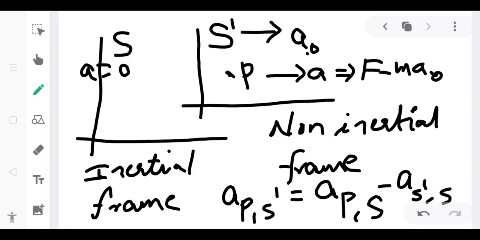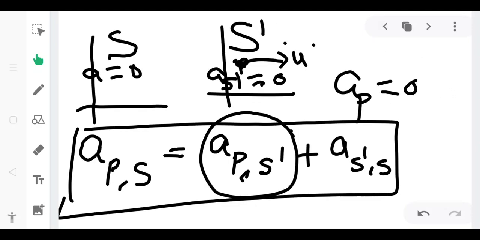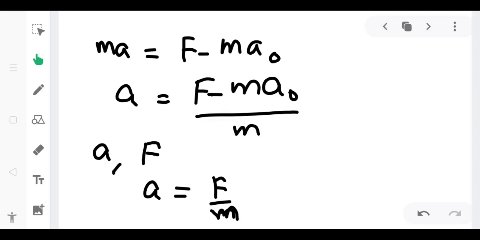Because of the acceleration of the frame of reference S dash, this quantity is coming into consideration, and this quantity, minus m a naught, is called a pseudo